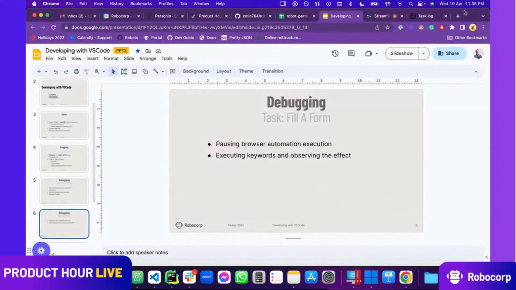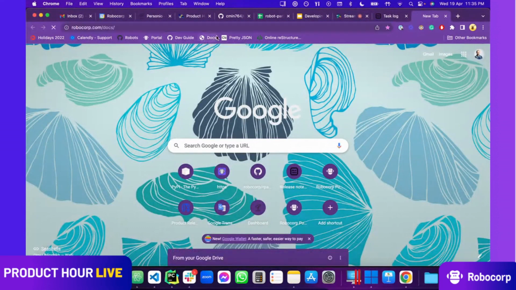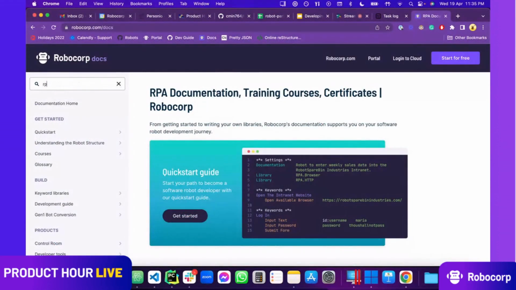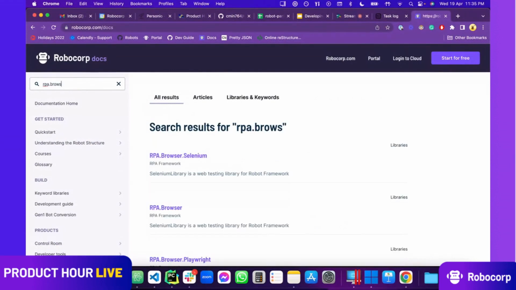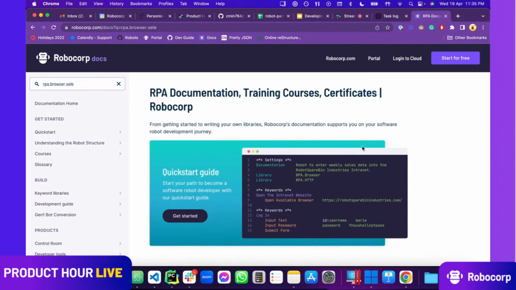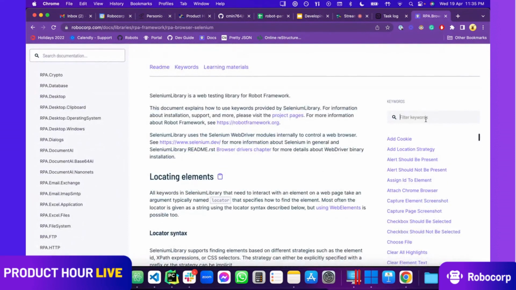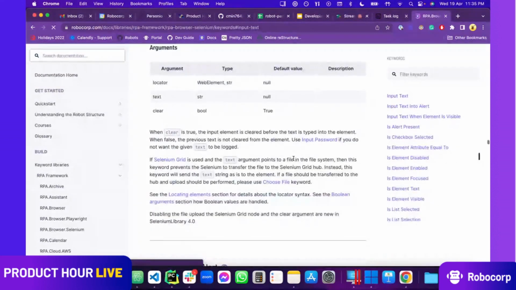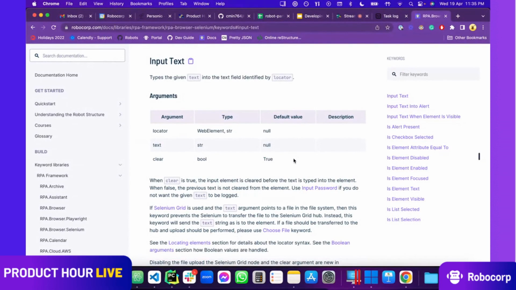And if I'm going to the docs, and these are very useful when you're not aware of the surroundings of the libraries, you can search for a library like this on the left side. You can go into the one of interest, Selenium. Let's say I want to input something, and it's about text. I can just write text, maybe input, or just input. Okay, I see there is a keyword for that. That's Input Text. That simply inputs some text in an element if that supports it.